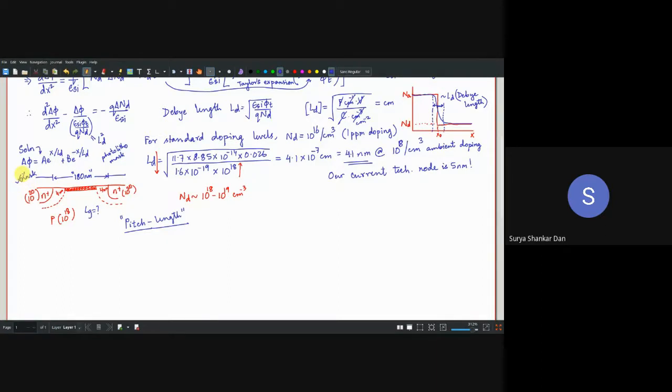Because once you have the mask, you can simply use the pattern for making any number of devices you want, millions of chips to be exact. So this mask is your IP, your intellectual property, and it is patented by Intel. The mask perforations are made according to the layouts which you make. That is called physical design.